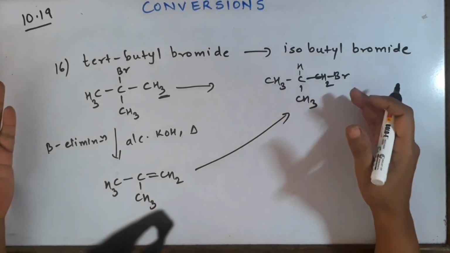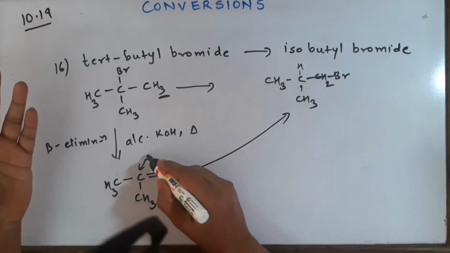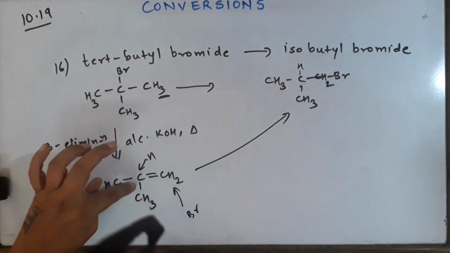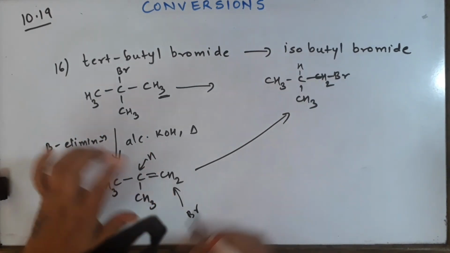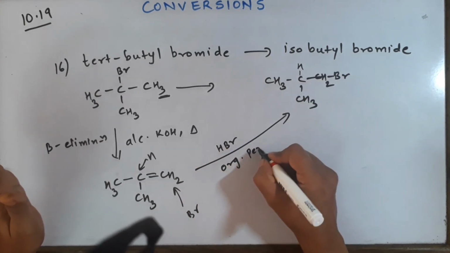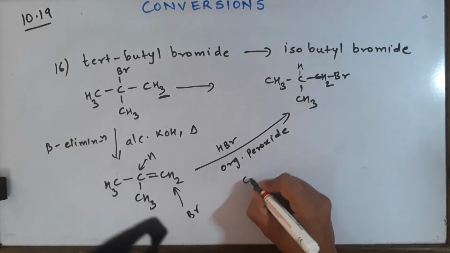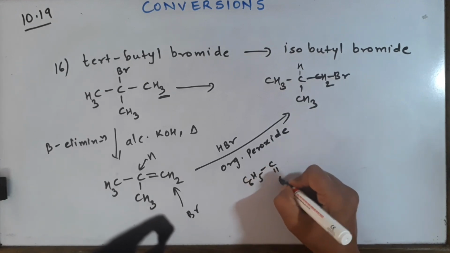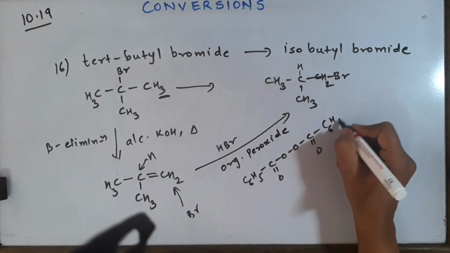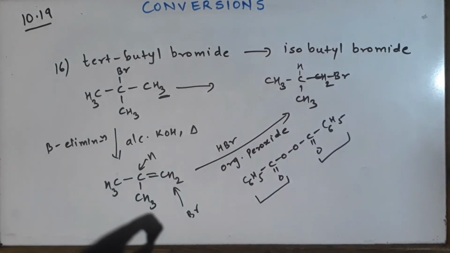Okay, now I will go to this step. Compare both of them. Bromine is added here, H is added here, so it is again anti-Markovnikov's rule, because the hydrogen is going to that carbon which has 0 hydrogens. Anti-Markovnikov's rule means HBr in the presence of an organic peroxide such as benzoyl peroxide. I'll just give you one example so that you remember it. Benzoyl peroxide. Okay, so this is easy.